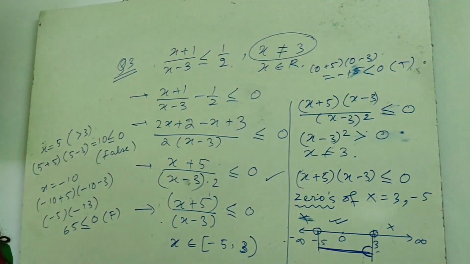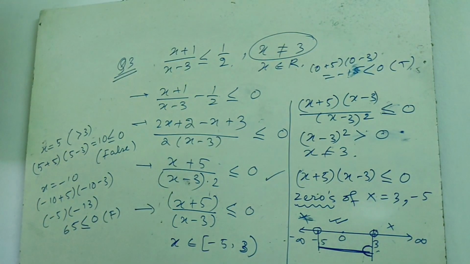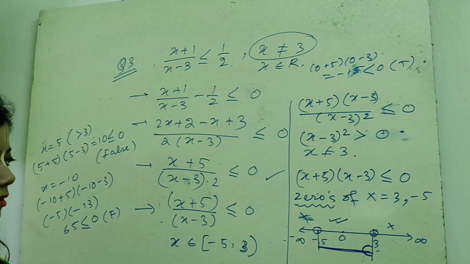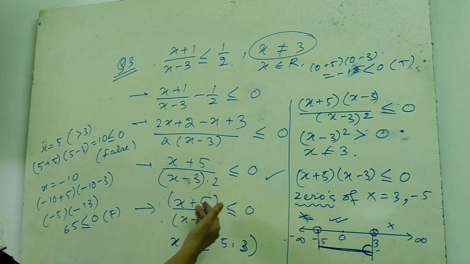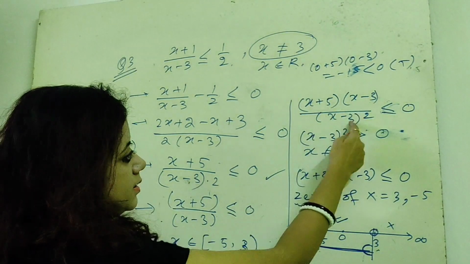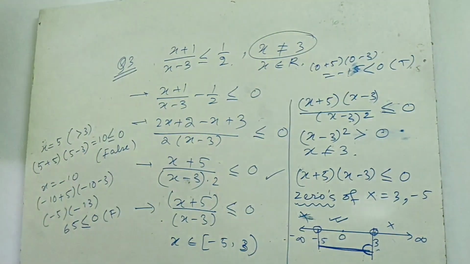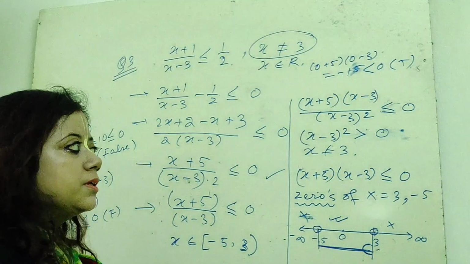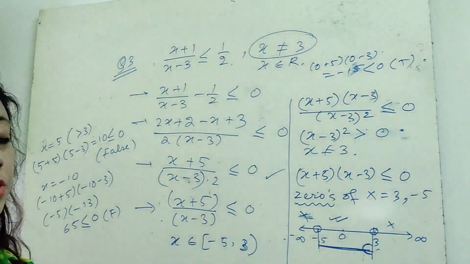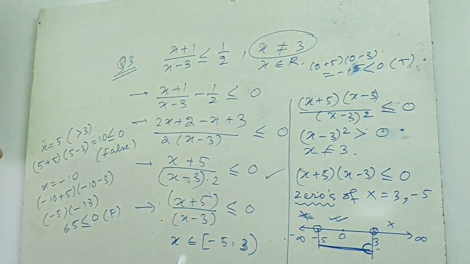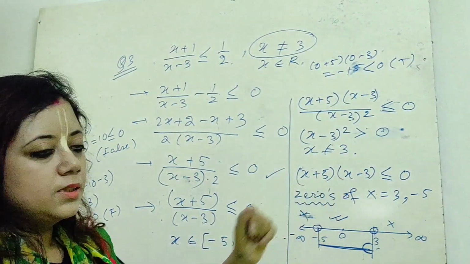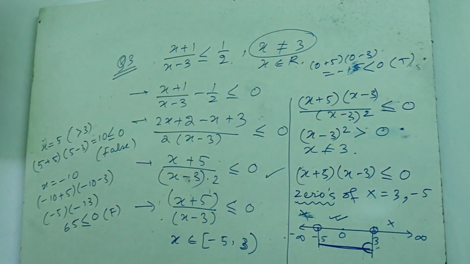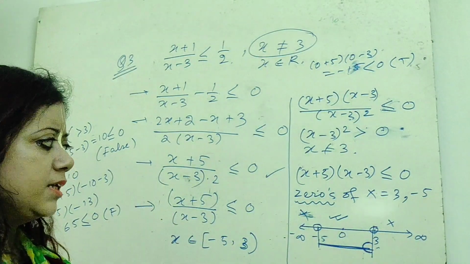This is a very important type. So, what I have done: first I have made the right hand side 0. I have multiplied numerator and denominator on both sides by the denominator, to get the denominator as a square. As it has become a square, it will not be negative, and it cannot be 0, because if it is 0, the whole problem becomes undefined. So the numerator is the only thing left on which we can decide.